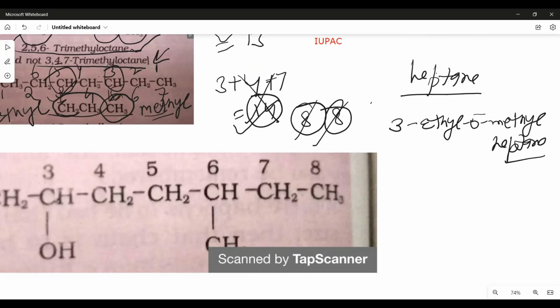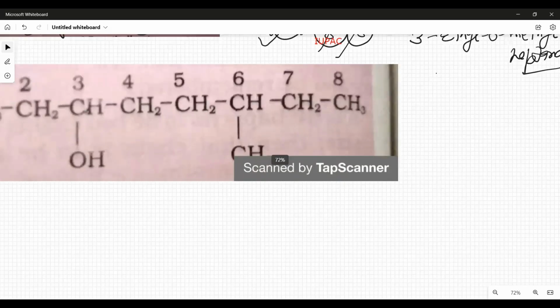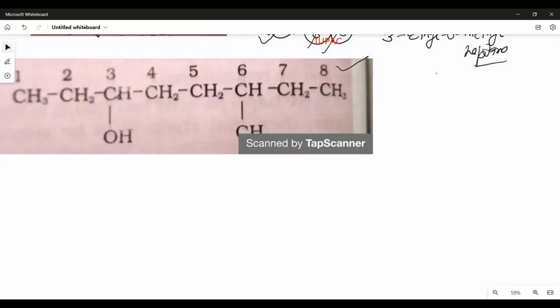Okay, I think this point is also clear to all of you. Now for another molecule, we can take this molecule. See here the numbering is given already. The OH is present as a substituent because here it is methyl, this is a CH3 group, so it is taken as a substituent. So according to the priority rule, OH will be the principal functional group, so it will become